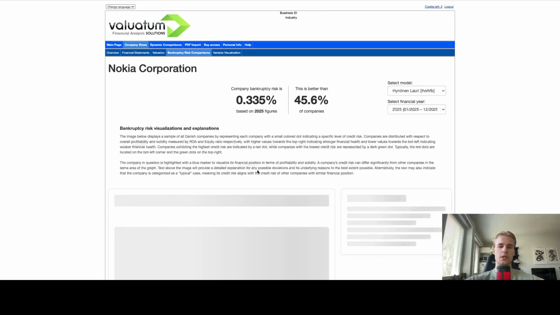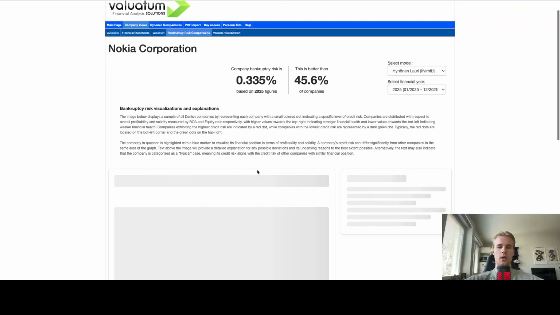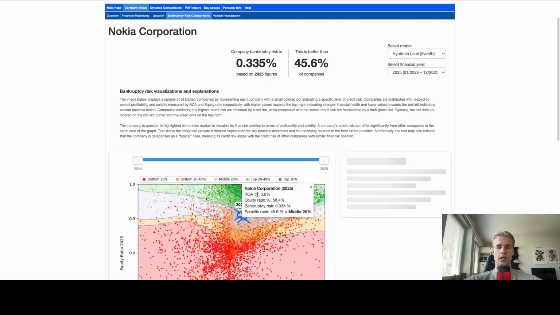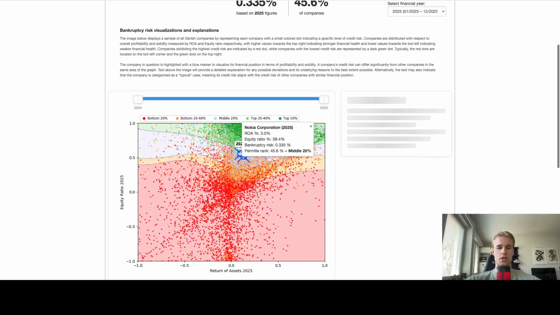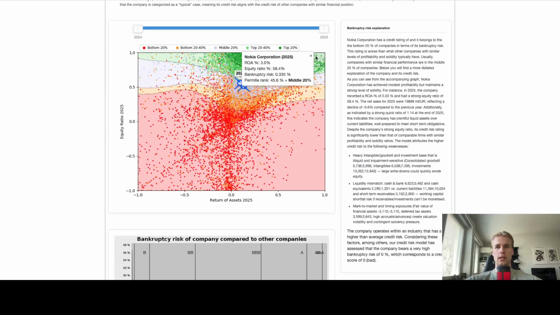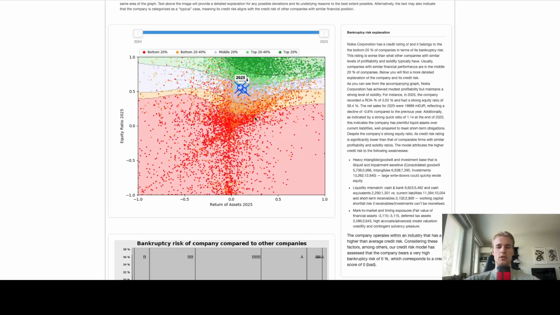Next, the bankruptcy risk comparisons tab. This explains the company's credit risk and shows how the company compares to other companies in the dataset based on equity ratio and return on assets. The chart is colored so that greener areas indicate stronger financial health, while redder areas indicate weaker financial health. And your company is marked on the chart so you can quickly see whether its position looks typical or unusual